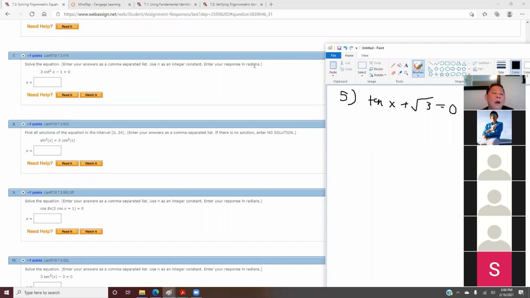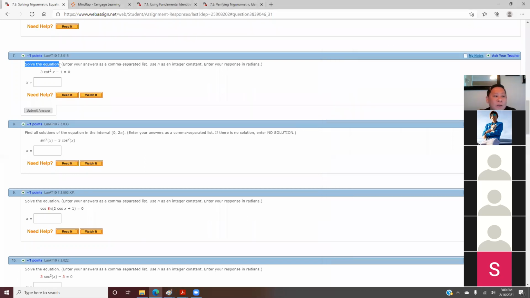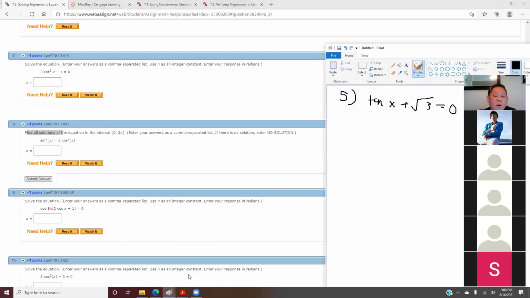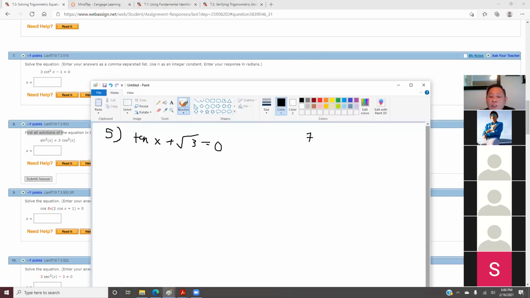Okay. Now, there are 2 types of solution that we have. One type just says solve the equation. The other type is find the solution in the interval from 0 to 2 pi. So what is the difference between question 7 and question 8? Okay. So this is something I will point out to you guys. For question 7, if there is no interval from 0 to 2 pi,